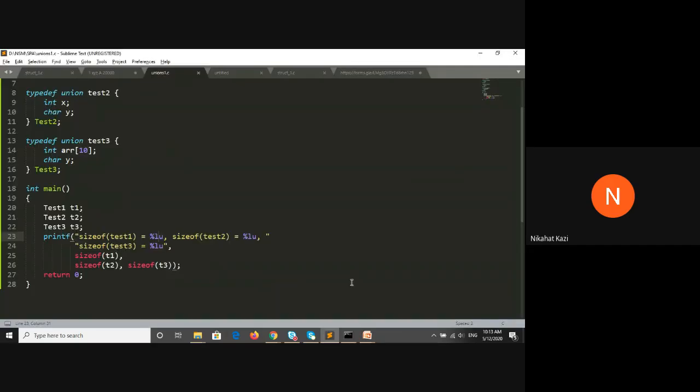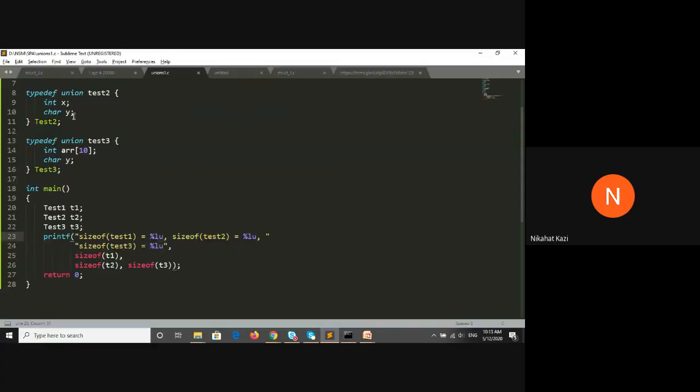When you run this, you'll see that size of test1 is 4.